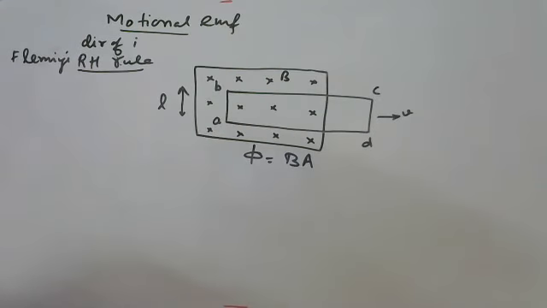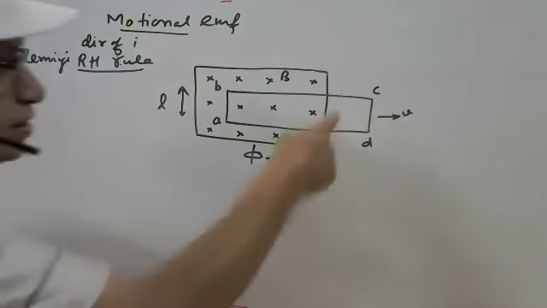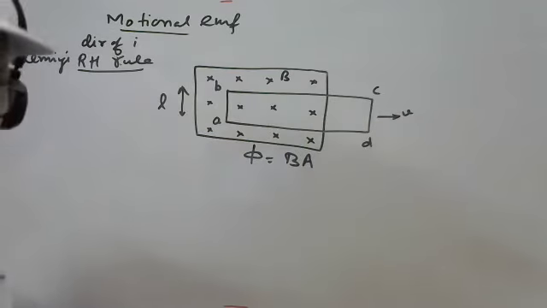Mind it. You have to apply the right hand rule in a coil ABCD in such a way that there is change in the flux linkage. Suppose we apply on the CD part, we will get the wrong answer. What is the reason here? Because the CD part is already out. There is no flux linkage with the CD part.